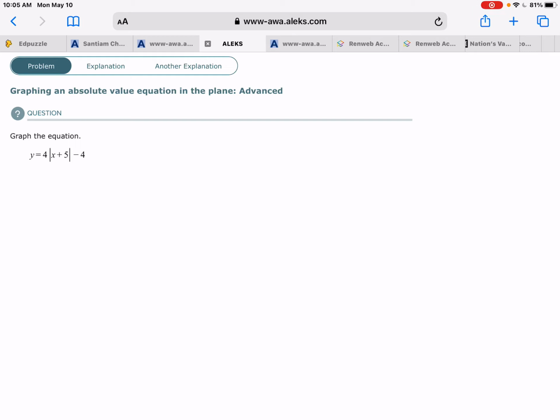Hey, let's talk about graphing an absolute value equation in the plane. So we haven't talked about these in class yet, but they're very similar to our quadratic equation when it's in vertex form. So the vertex of this equation is going to be